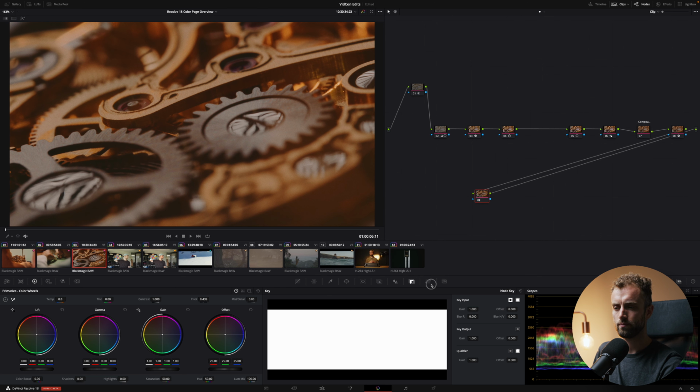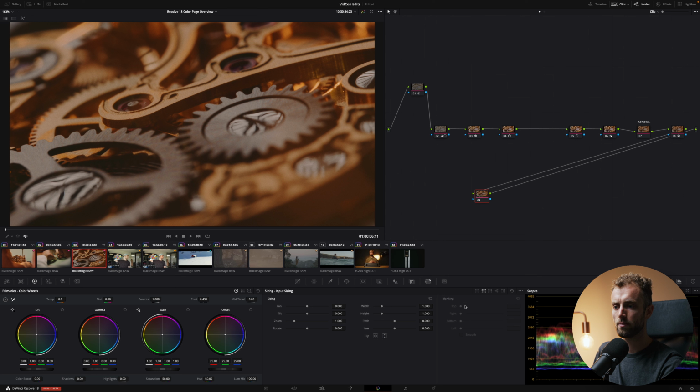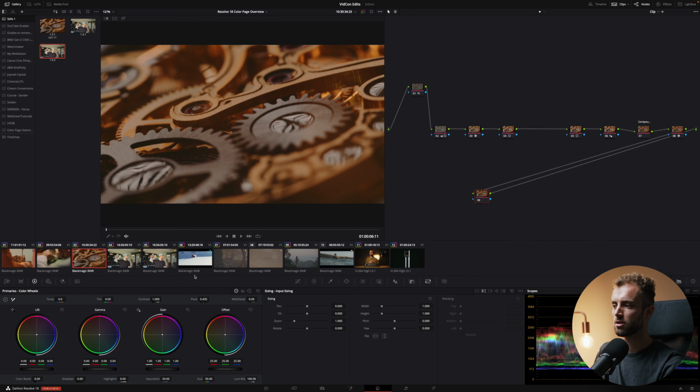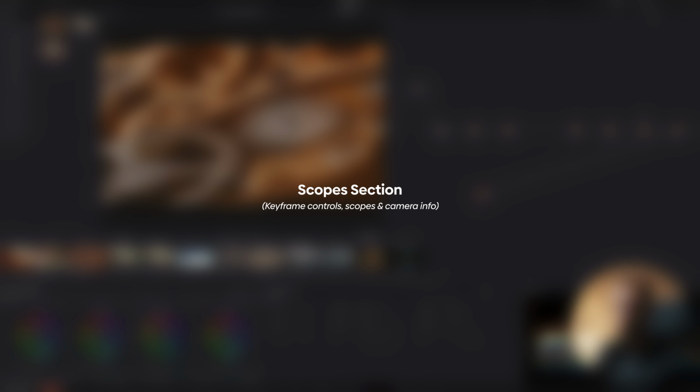All right. This is resizing and reframing options. Very useful because it sticks to the clip. So if you grab a still and you paste it onto another clip, the resize options will also transfer there. That's nice. And then you've got some 3D tools here, which I have never used before, so I cannot go into detail about it, unfortunately. Next up, we've got our keyframes.